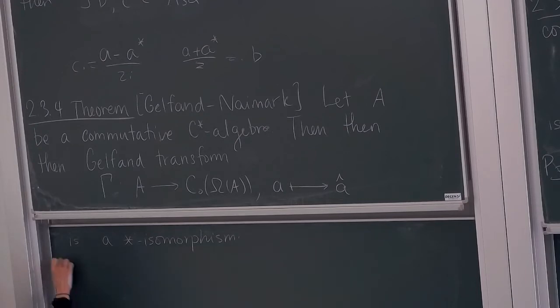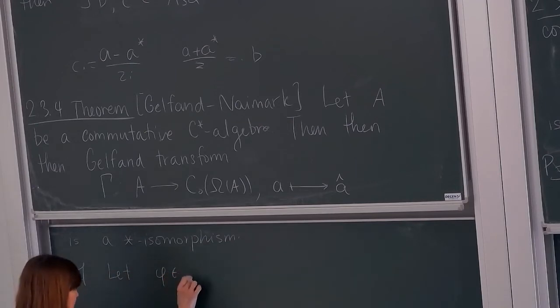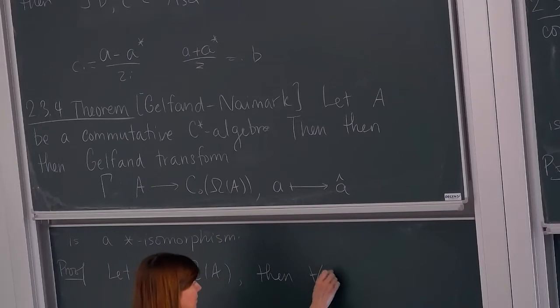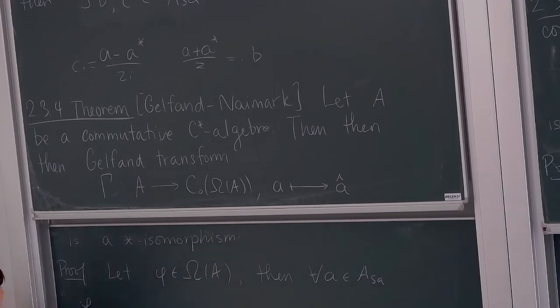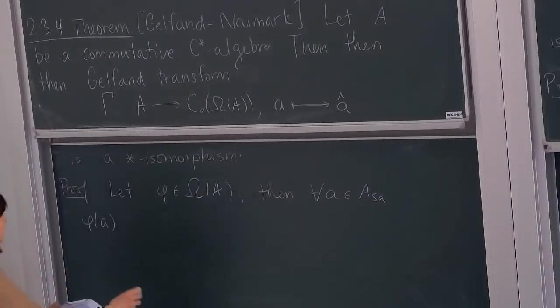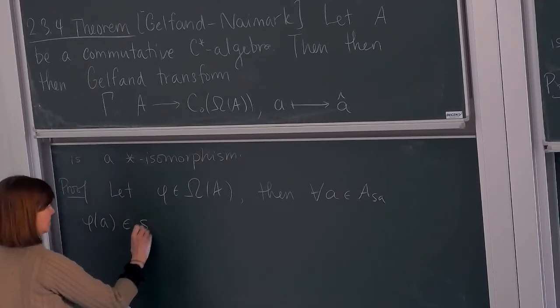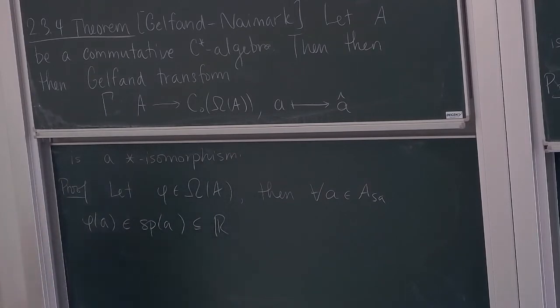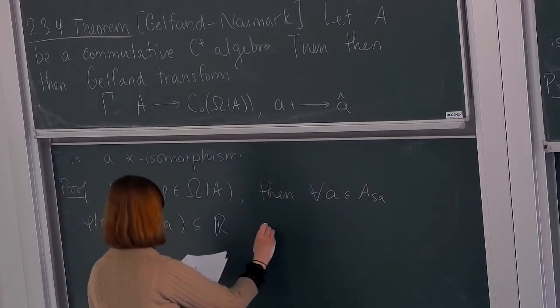Okay. Take some character and self-adjoint element. We know that the character applied to A is always in the spectrum of A, and this is self-adjoint. And we saw that that is real. And then using the trick in the remark,